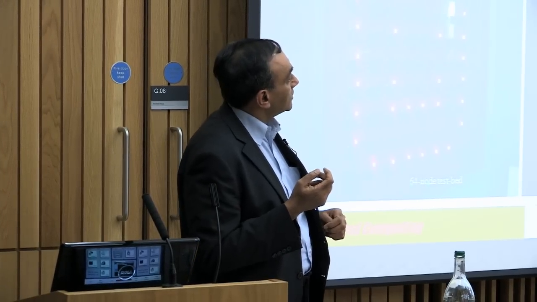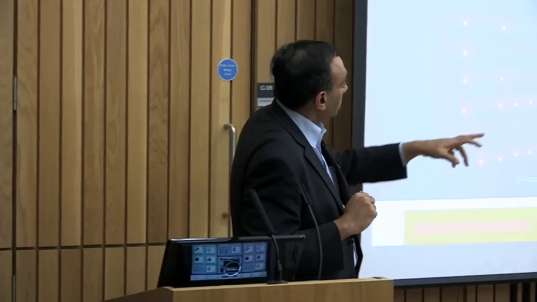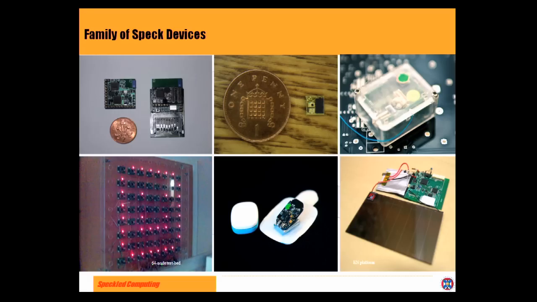And the idea here is that we identified a large class of problems where we felt that wireless sensor networks could play a part, could solve certain problems. And so that's been optimized for that particular class of applications. And then you have the bottom right, which is a device which can scavenge energy. In this case, it's a photovoltaic cell, so that you can do environmental monitoring using these devices.